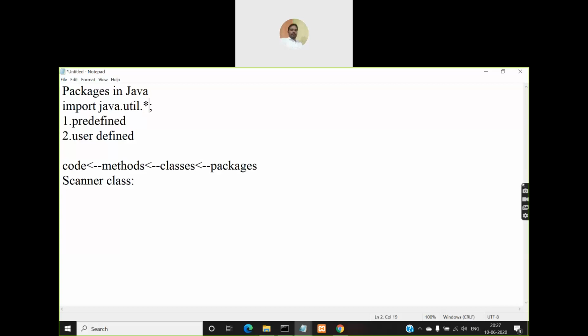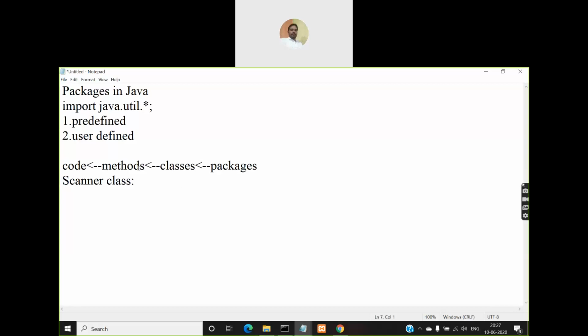The Random class contains some methods to generate random numbers, random values. The Date class contains some constructors using which you can create a date object representing the current time and date and all. So in that way you have many classes defined in this util package, but out of them you have used only the Scanner class, right?